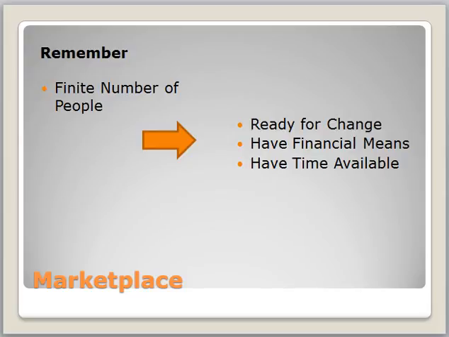And then the third reason we only have a finite number of people in our market share is have the time available. Now, I know, again, another excuse, and you can turn around and say, well, yes, but if you take away the amount of time they waste watching I'm a Celebrity, Get Me Out of Here, or the Kardashians, or they just got up an hour earlier, or when they get in from work, they don't go straight home, they come to the gym first, whatever it might be. But again, it goes with this ready for change, doesn't it? The time available to someone is actually at their discretion.